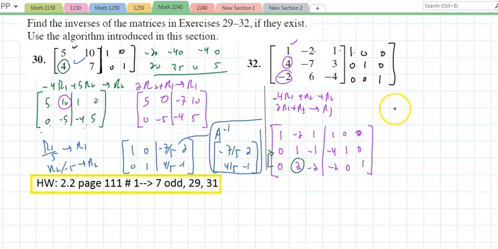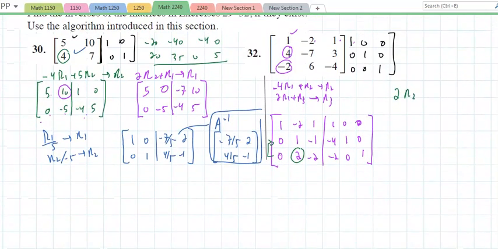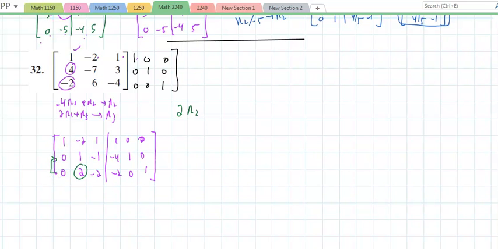I'm going to take twice row 2. I just rearranged the furniture a bit. Not to worry, I didn't change anything. So now, like we were saying, if I take negative twice row 2 plus row 3, put the result in row 3, I will get